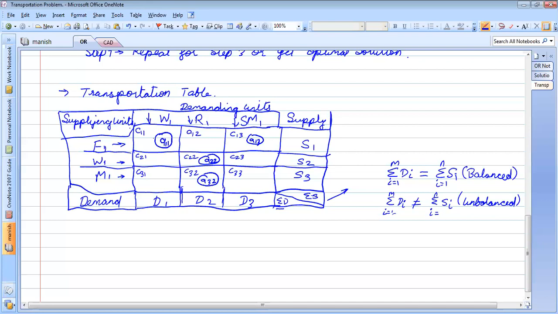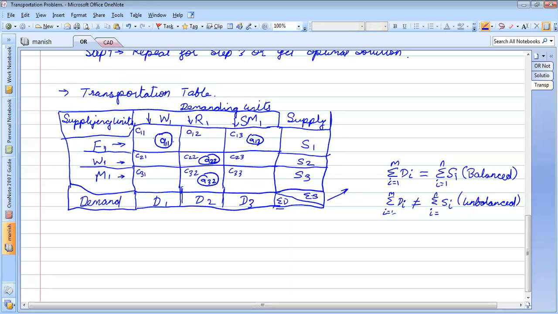If there is an allocation here, that means from factory F1 to shopping mall 1, we are going to transfer A13 quantity. And at the same time, you will see that A11 plus A13 will be equal to S1.